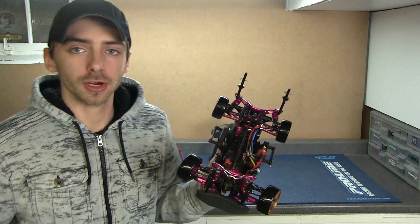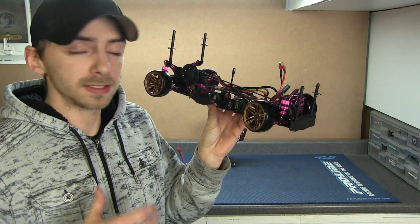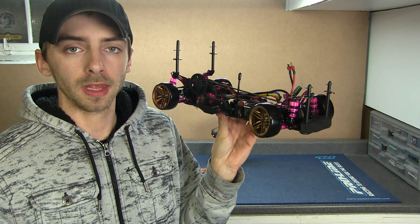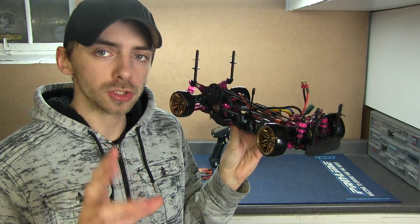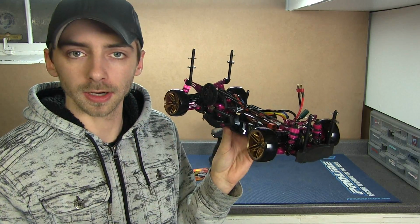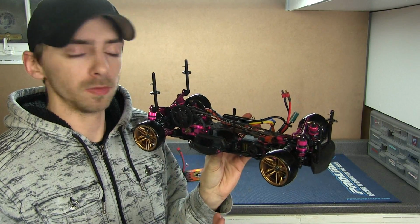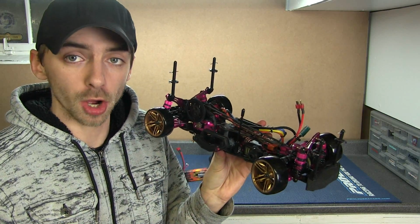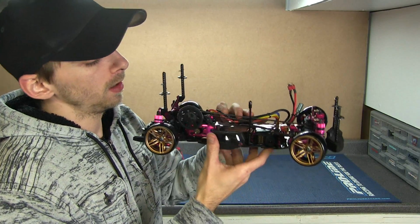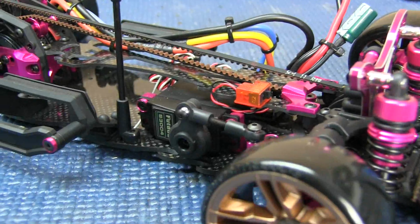Alright, anyways, so let's talk about the steering servo, right? After putting some thought into this, I decided to get a very basic servo. Not something that's overly torquey and not something that's overly fast. Something I can just learn on and then upgrade later as we go, because there is still more things I want to do to this. There's still more aluminum upgrades to it and so forth that I want to improve on this as we go. So, what did I get for a steering servo, you might be asking? Well, I picked up a Futaba